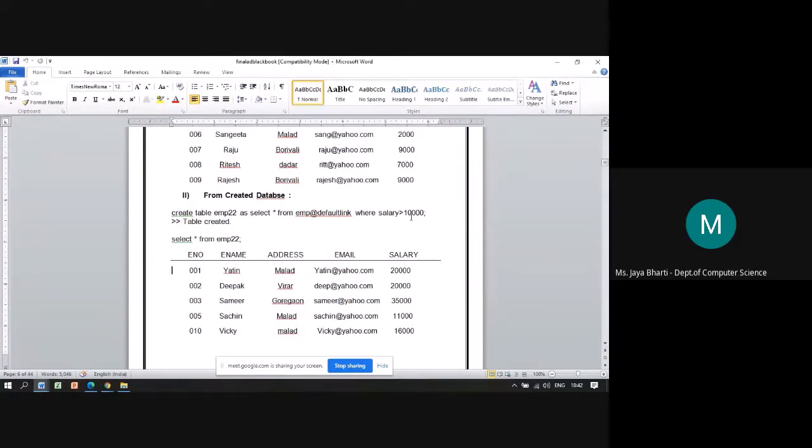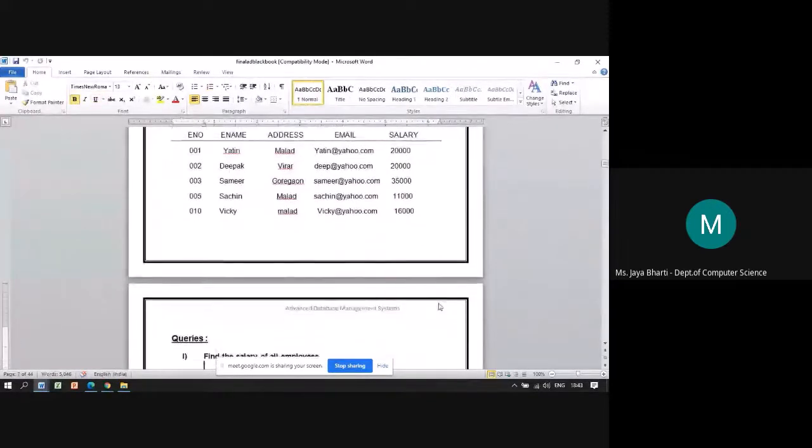Just to check, we executed select star from EMP22. Yes, it is containing all the employees having salary greater than 10,000 and contains all the columns. So this way the horizontal fragmentation is done on both the default and the created databases. One has salary less than 10,000 and the other greater than 10,000. So the table is divided horizontally.